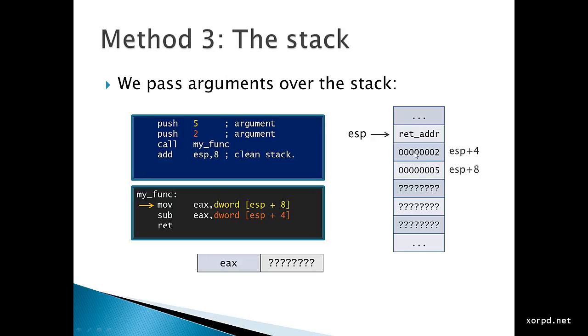If we wanted to access those 2 numbers, 2 and 5, we would first have to pop ret address, and only then we could pop 2 and 5. At the end of the function, we would have to put ret address back to the stack to be able to return. If we forget to put this back, we won't be able to return to the correct location.